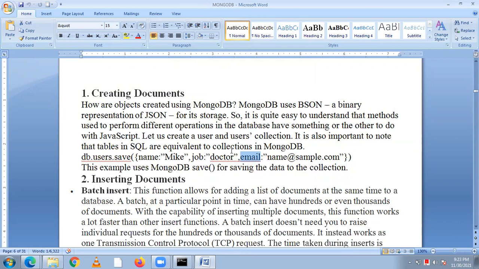So let's use collections. A table in SQL is equivalent to a collection in MongoDB. Suppose db.user.save. So this is the collection of users, saving the data in the collection table. Okay, so this is the method we have to follow.